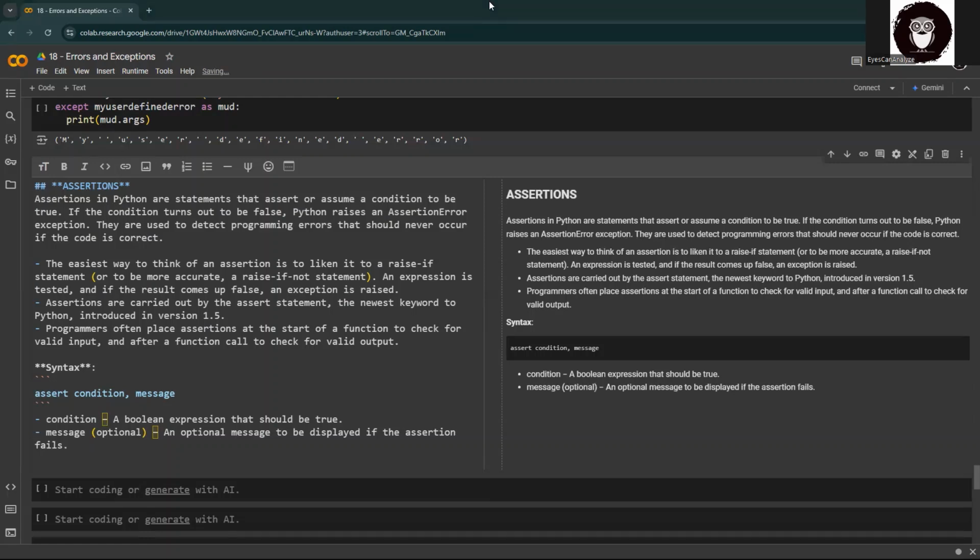So using assertions in Python, they are usually used during development and testing phases to check conditions that should always hold true. So for an example,